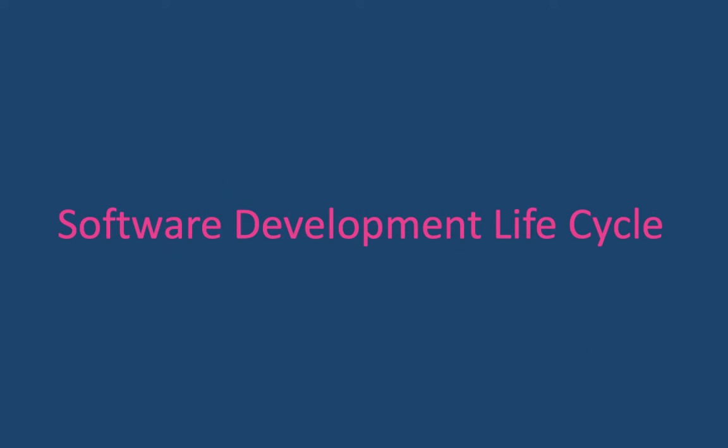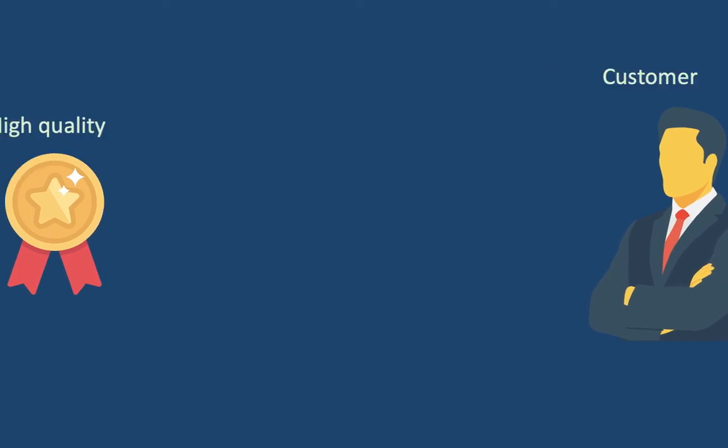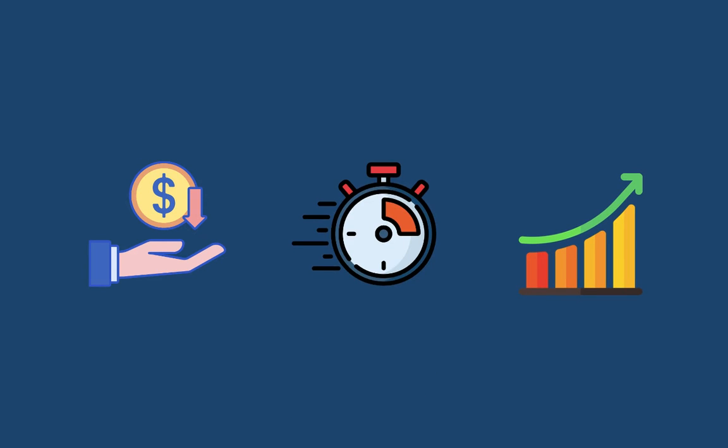Software development lifecycle. It's also called software development process. But what is it? Basically, it's a methodology, and the main purpose of this methodology is to deliver high quality software or product as required by the customer. SDLC works by lowering the cost of the software development while simultaneously improving the quality and shortening the production time. In order to achieve that, SDLC phases must be followed carefully.